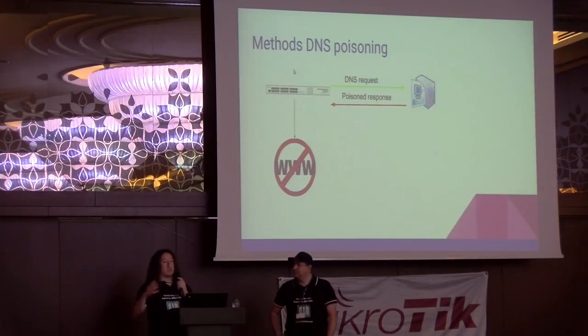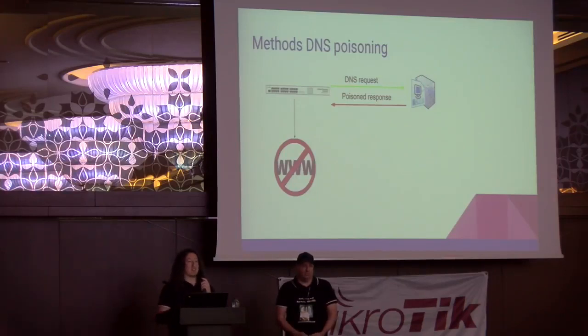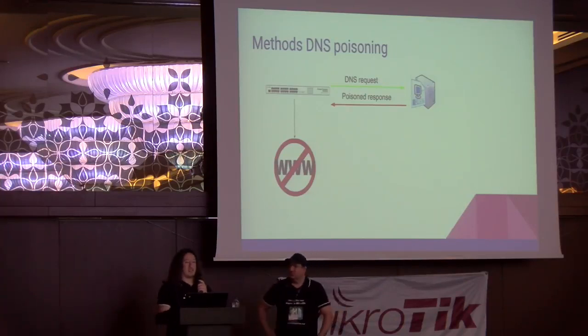It's straightforward, you get to Google. But if it's for something that you should not get to, the way DNS poisoning works is the DNS server sees, oh, you want to go to porn.com. Instead of giving you the IP address of porn.com, it gives you a different IP address. That's what DNS poisoning is. It changes the IP address that you would have gone to, and you end up going to a nice block page which says you're not allowed to go to the site,